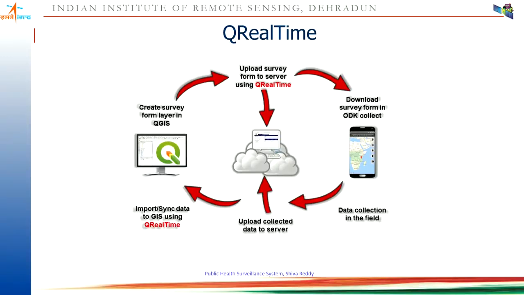So what we are basically doing, if you can see here, in QGIS we create a layer, right? Layer creation, GIS layer creation, is a primary task that all GIS users know, and then you digitize. But in place of digitizing, what I am doing is making it online. So I am sending this layer, converting it into a form and uploading it into the centralized server.